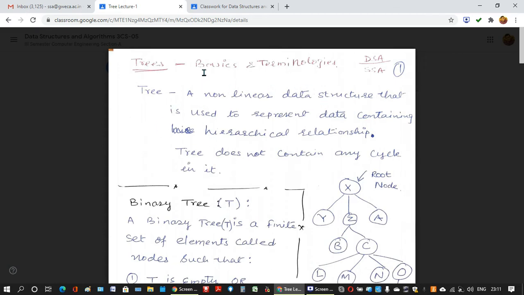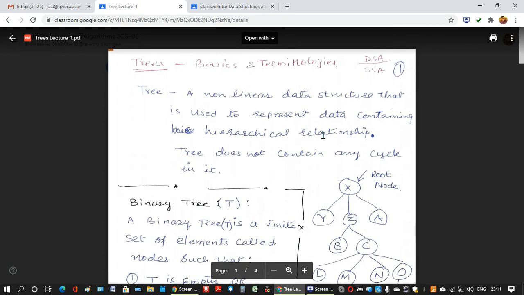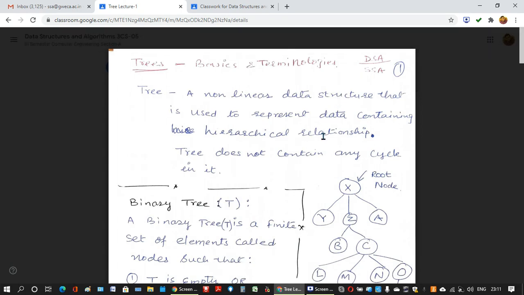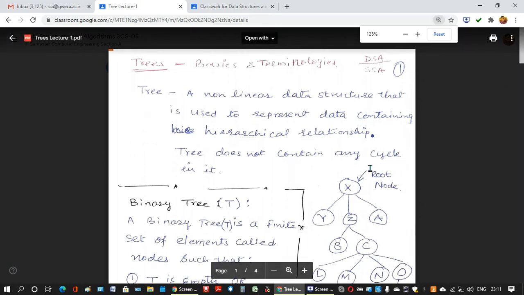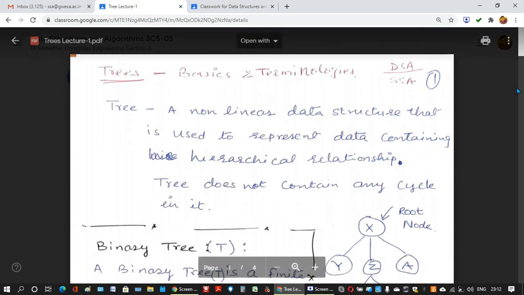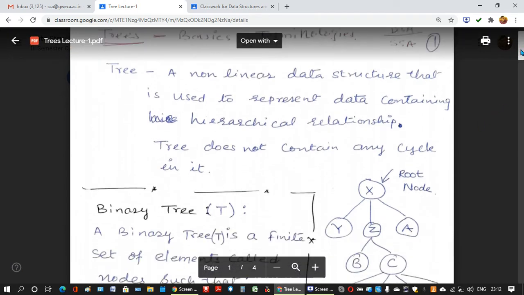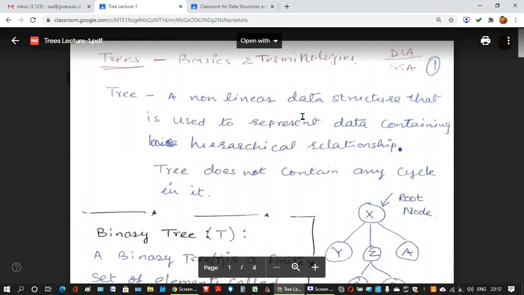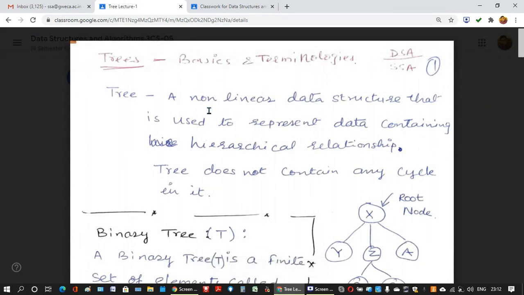So today we will discuss trees basic terminology. Basic terminology, that means what is a tree, then we will see what are the nomenclature used in the world of trees in computer science. So see, tree is the first non-linear data structure which you are studying. Till date, you have studied stack, queue, linked list, arrays. So all those were data structures which are linear. So tree in nature is non-linear, and this is the first data structure which you are studying, non-linear data structure.